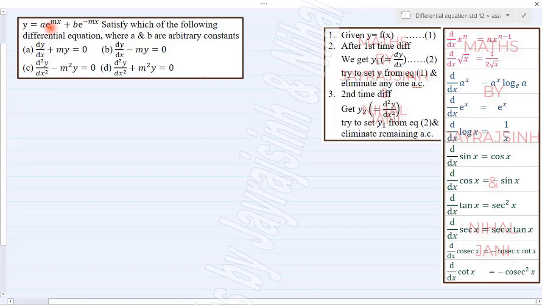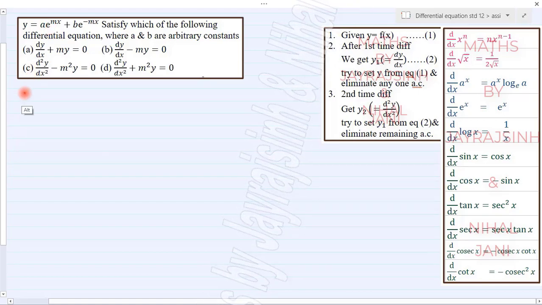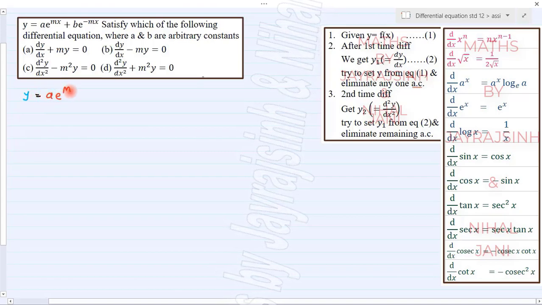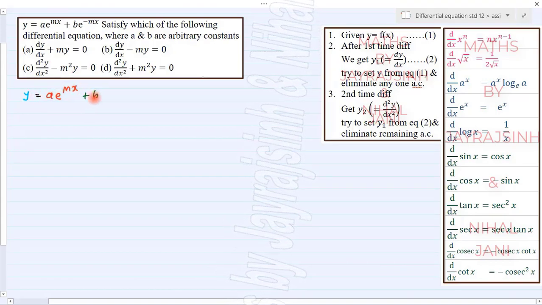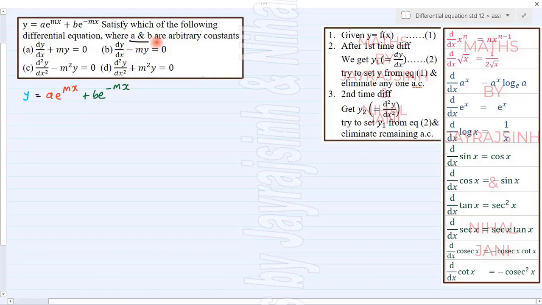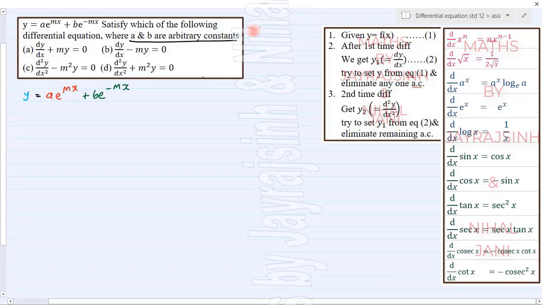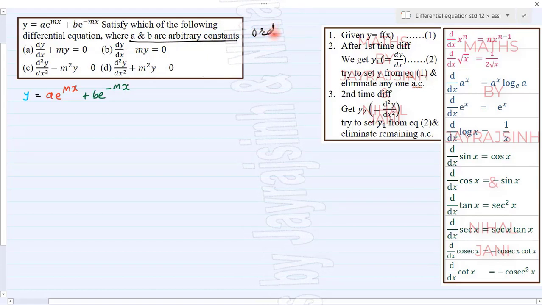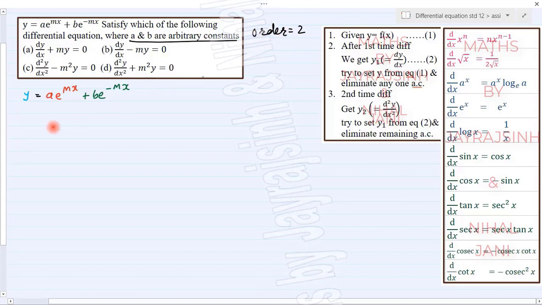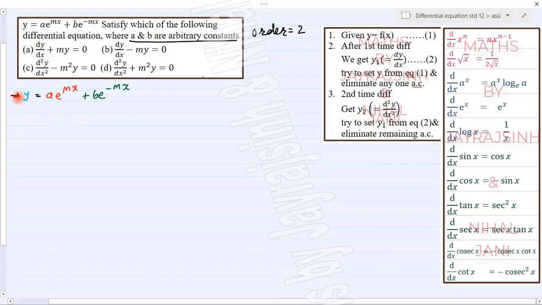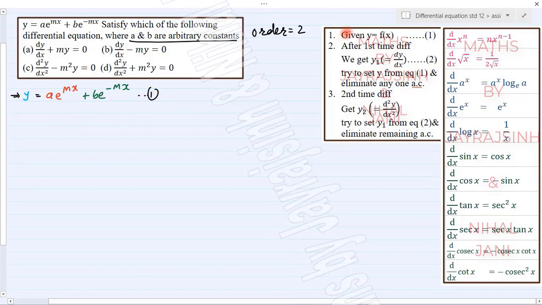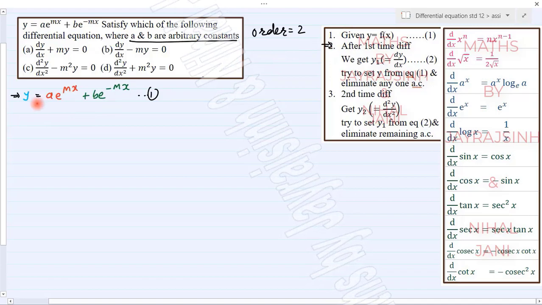In this question, we have to find a differential equation which satisfies y is equal to a e raised to mx plus b e raised to minus mx, where a and b are arbitrary constants. So here the number of arbitrary constants is 2, so your order must be 2. So let's say this is your equation number 1, and we are ready to move to the second step,